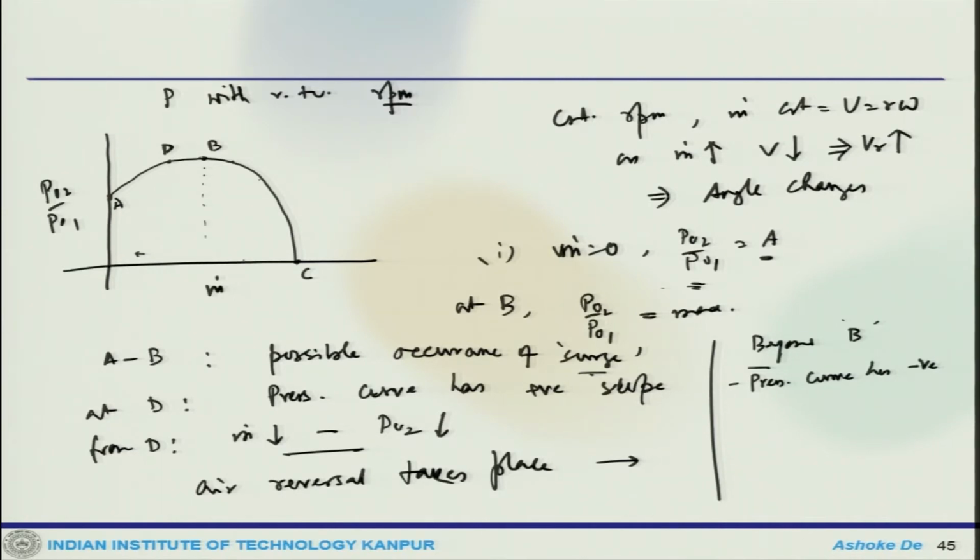So, typically surging depends on the mass handling capacity of the compressor. Probably it starts to occur in the diffuser vanes, which already have an adverse pressure gradient due to diverging passages plus frictional forces. So, the tendency to surge increases with the increase in the number of diffuser vanes. When there are several diffuser vanes for one impeller channel, it is very difficult to split the air equally to all the vanes. So, that is another problem if you have multiple vanes. The channel with low mass flow rate will go into surging first.